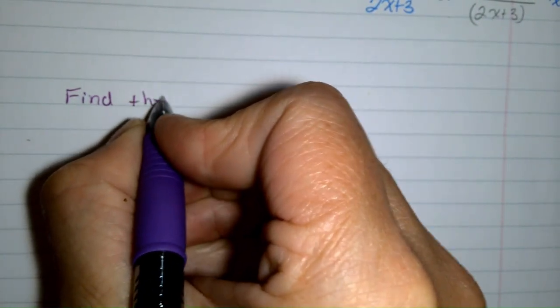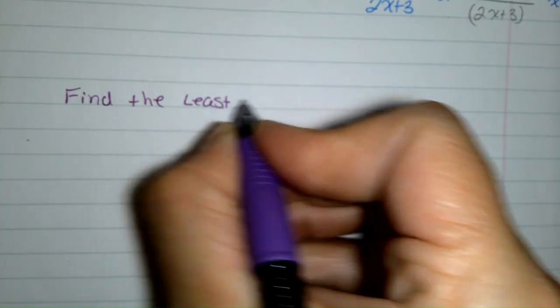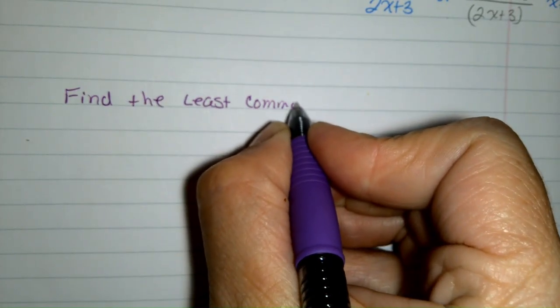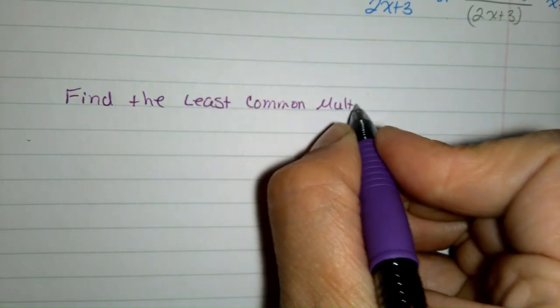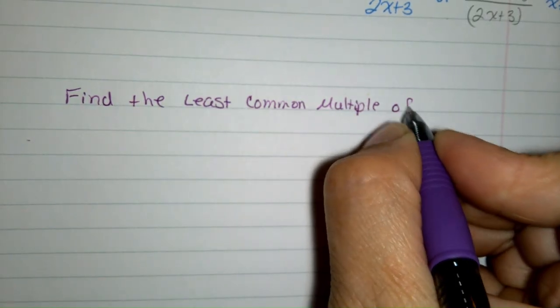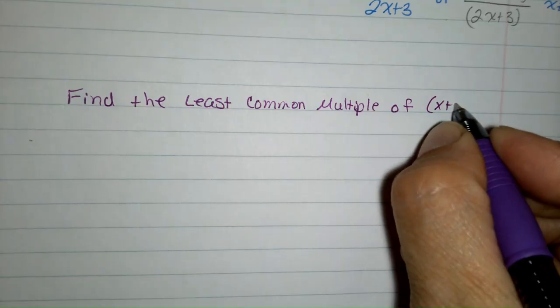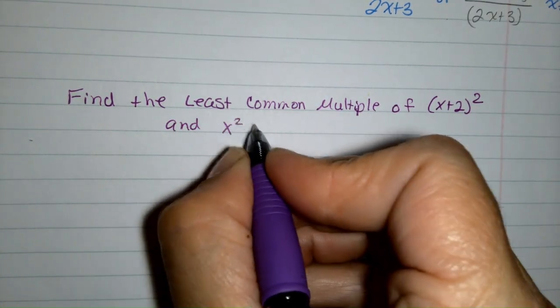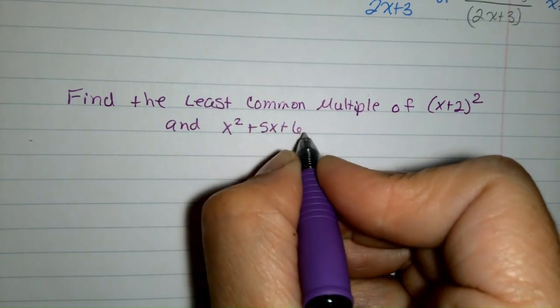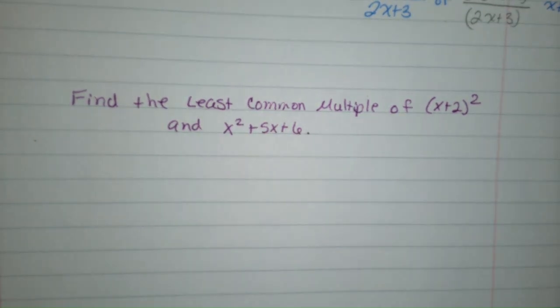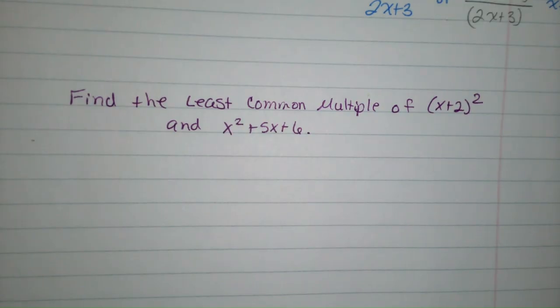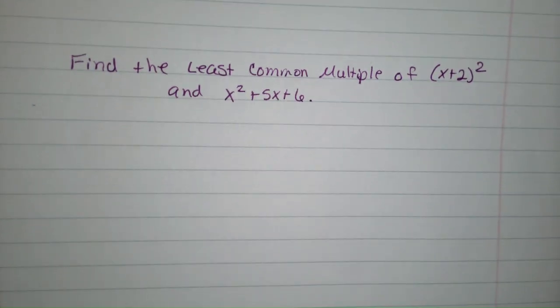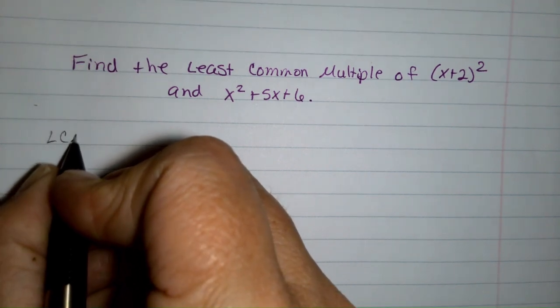Okay, so find the least common multiple of x plus 2 squared and x squared plus 5x plus 6. Okay, wow. Now, again, if I said find the least common multiple of